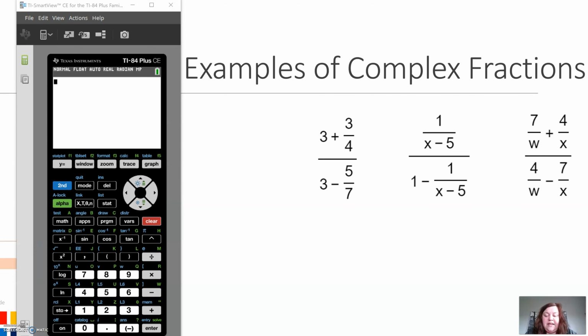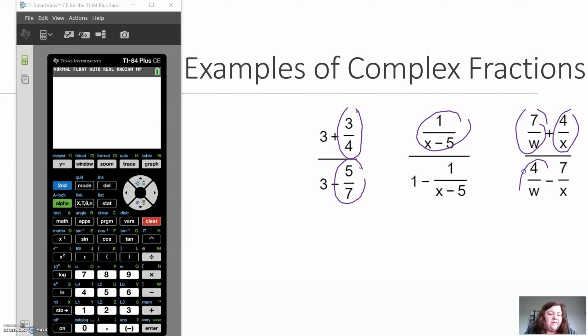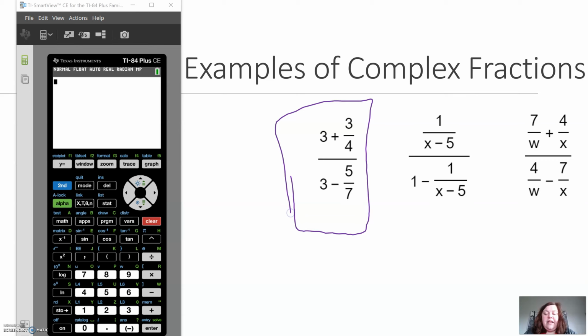So if we look at each of these, here we have that 3/4, it's inside a fraction. 5/7, it's a fraction inside of a fraction. Here we have another fraction involving variables. And here we have multiple fractions involving variables. Now, if it consists of just numbers, like our first example here, then we can use our calculator to